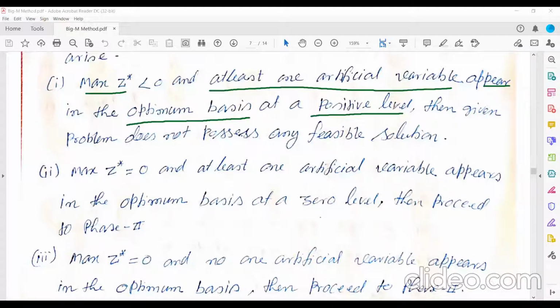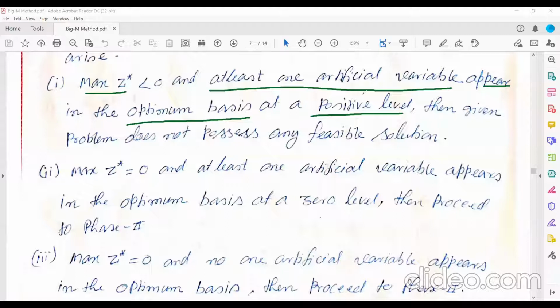That means, if you know the format of the simplex table, the first column is the basic variable column. In the basic variable column, we write only slack variables and artificial variables, is it not?